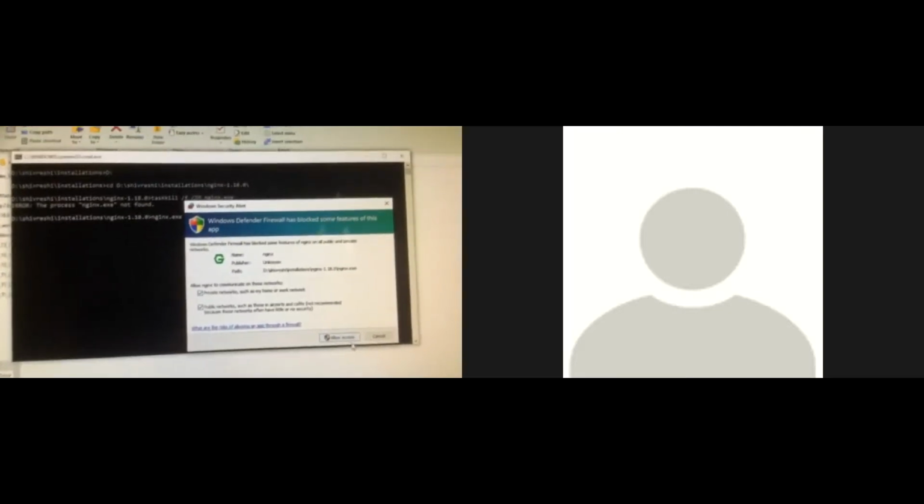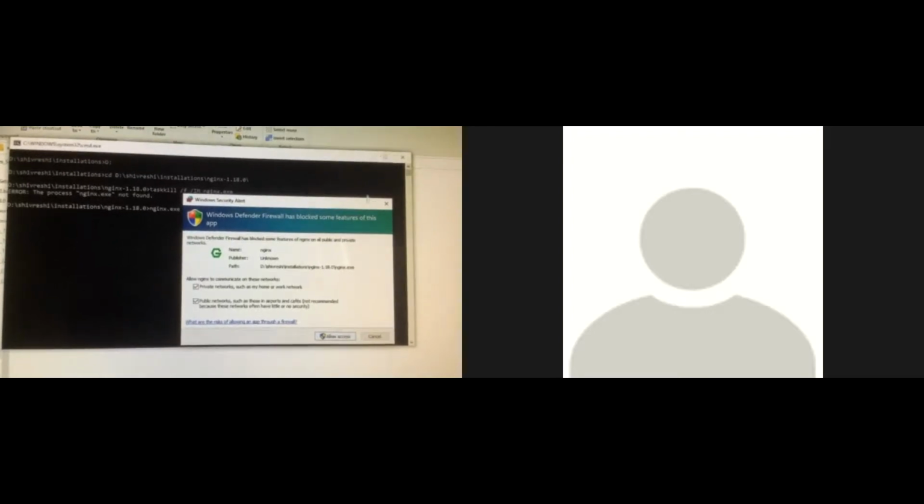Just allow access. Already allowed access. No, click on that. Oh, nothing happening? Uncheck the public networks and then click on allow access. No, not that one. It closed by itself. Okay, fine. Yeah, server is starting, so you can now try localhost on your browser.